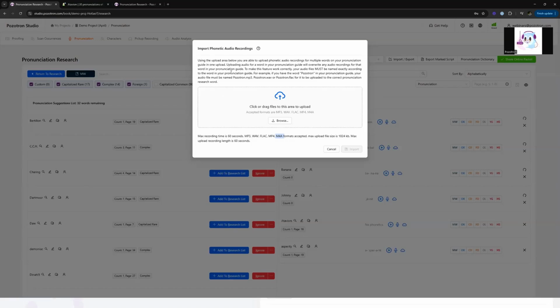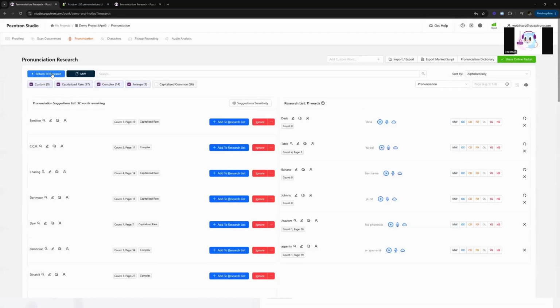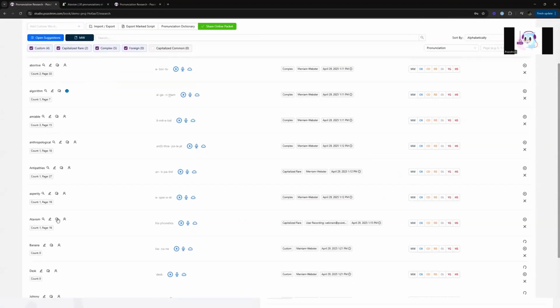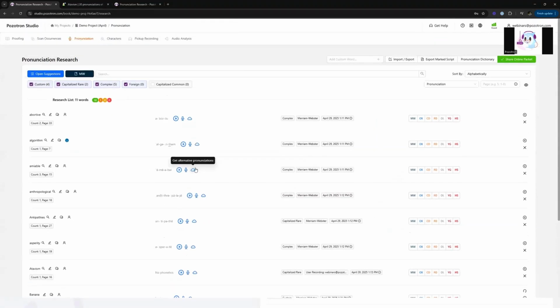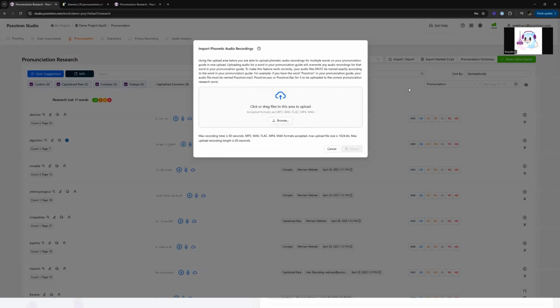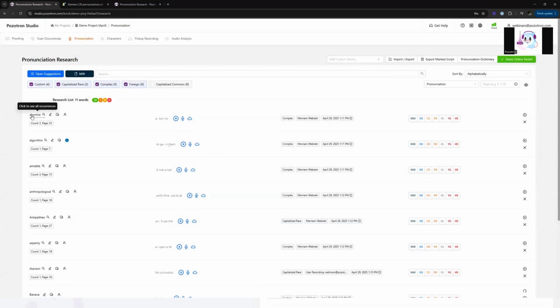Also, you have to have the file names be exactly matching the word in your list. What this feature does for everybody watching: if I had a bunch of words on my list here that did not have audio, and let's say I reached out to my author and said, hey, all these made up words, can you send me MP3s of their pronunciations? So they send those over, and you want to put those in Pozotron. You can actually import audio files as long as the name of the audio files match the entry of the word. So abortive would have to be